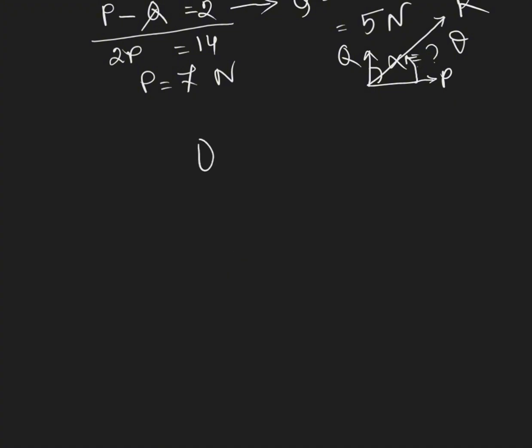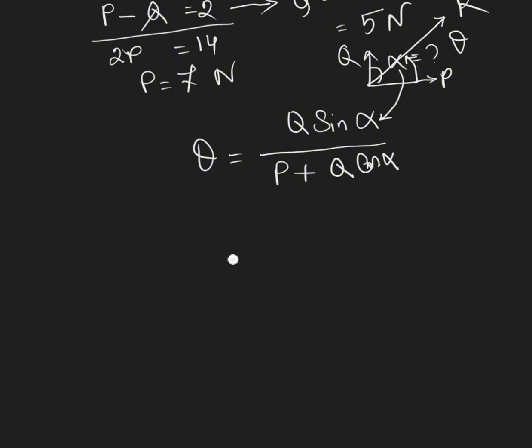Indeed, theta is equal to tan inverse of Q sin alpha over P plus Q cos alpha. So if you plug in the value of alpha here as well as here, we'll have the value of theta. But unfortunately, we haven't got the value of alpha. That's why we can't solve the problem. Anyways,